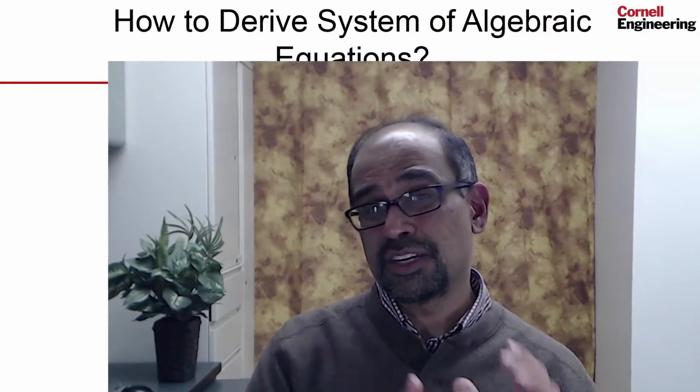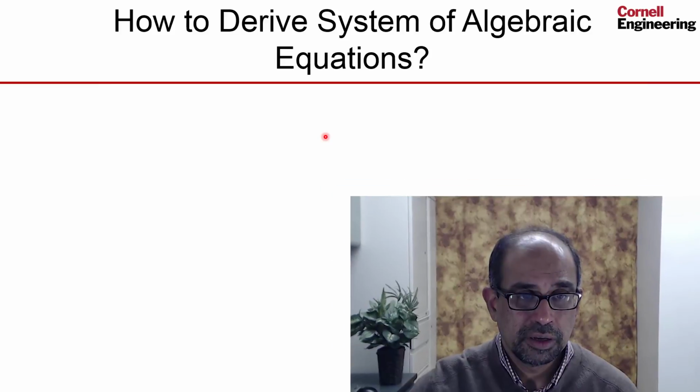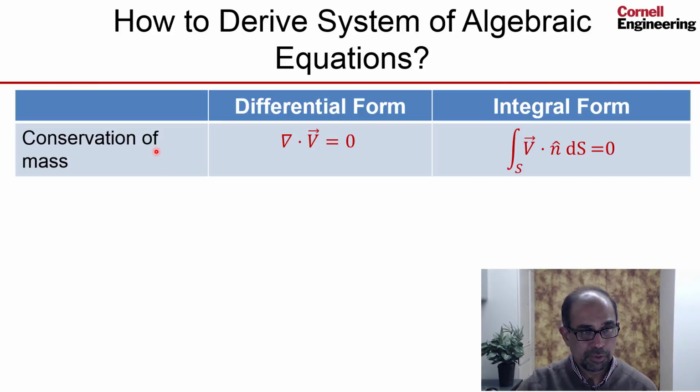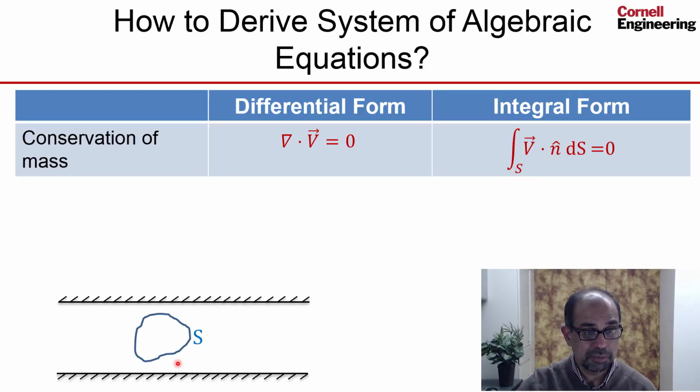How to derive the system of algebraic equations from the mathematical model. In the finite volume method, this is done using the integral form of the governing equations rather than the differential form. So if we looked at conservation of mass, that's a differential form, and the equivalent integral form is shown over here, and that integral applies to any particular